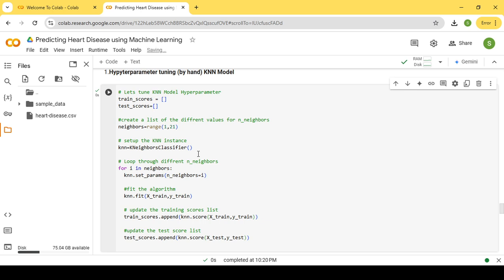With very small values of the neighbors, for example n neighbors equal to 1, that is going to go from 1 and then 2 until 3 and then until 21. So we're going to loop through all of these. We set that into i in our case. So it's going to take each value from 1 to 21 and try it,